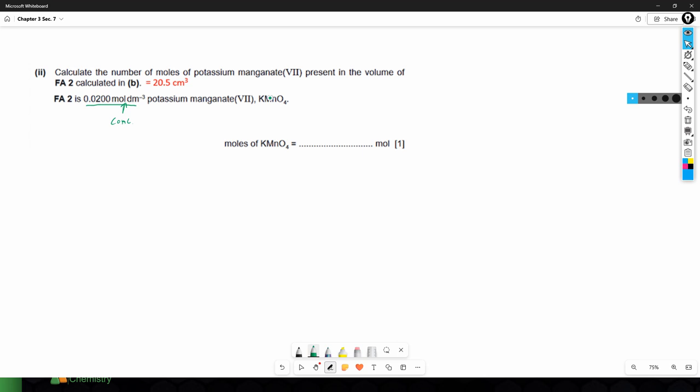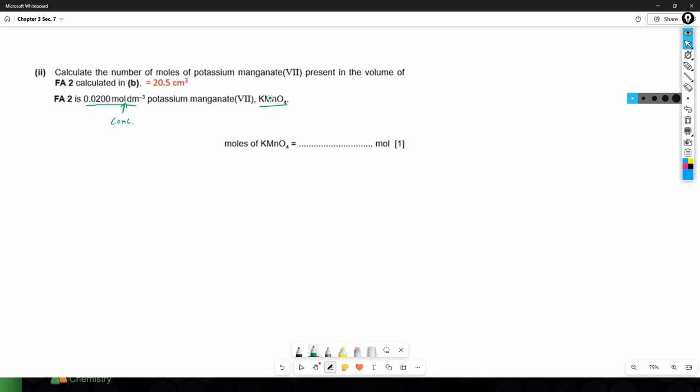Now, something else you'll notice here is that this is potassium permanganate, but they give you the name, but they also give you the formula. A lot of times they will do this in paper 3 because the importance here is not to test your nomenclature, it's just to test whether you can do the mathematics. So that's